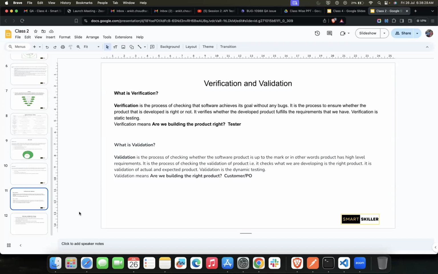And why do we say that? Because during software development, there is a very large number of requirements. You can say there would be around 1,000 or even 10,000 requirements for a particular software. Many developers work on individual modules.